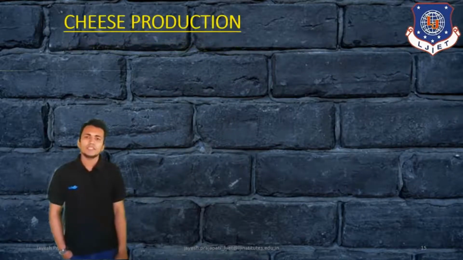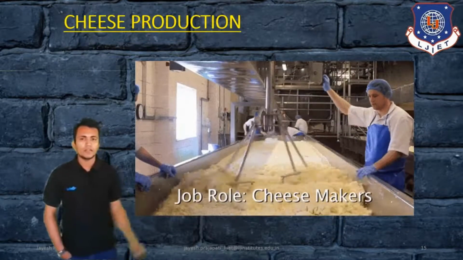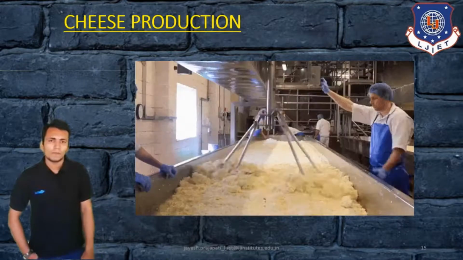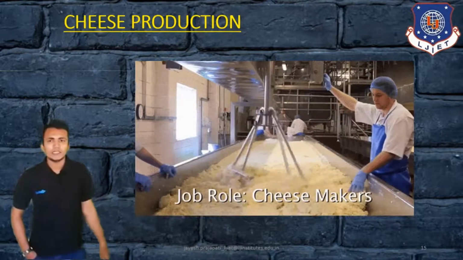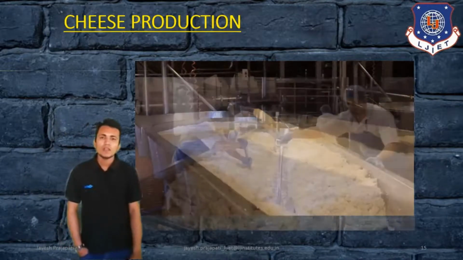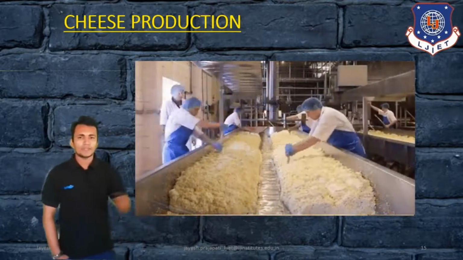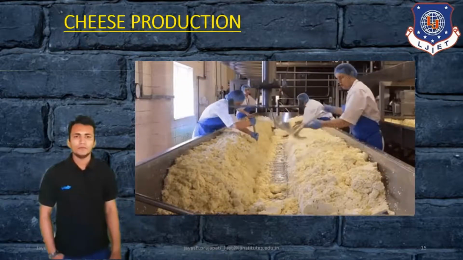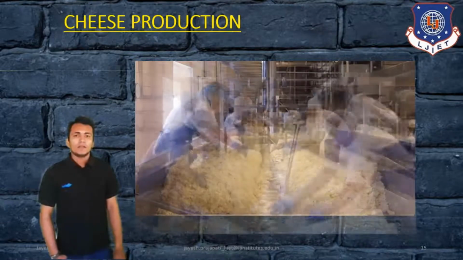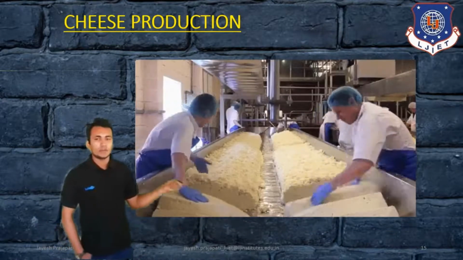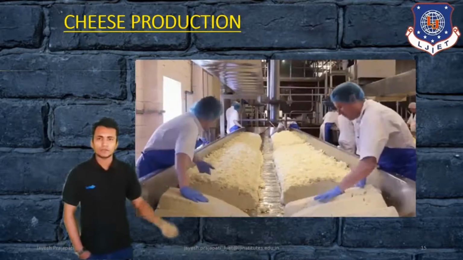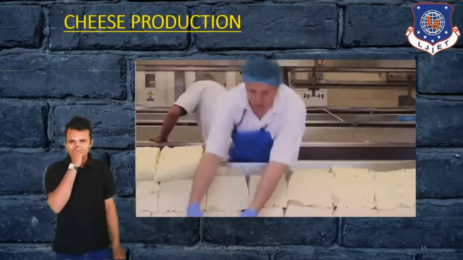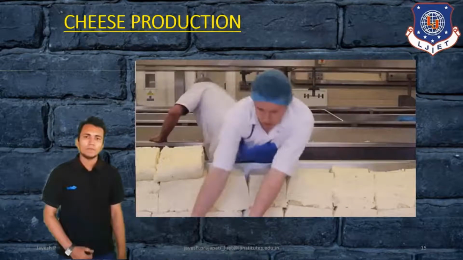Then if we see the cheese production in a better view, in this figure we have tried to show that cheese is made from raw milk. Okay. In this video you can see how cheese is made. In this second process you can see we have to separate it and cut it in the proper way. You can see in this video. And then it will be in cube form. We can separate it and it is ready for the packaging process. Okay. So that is the process of how cheese is made.